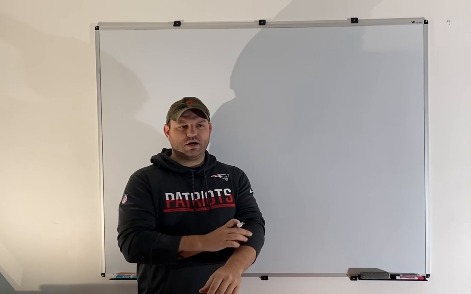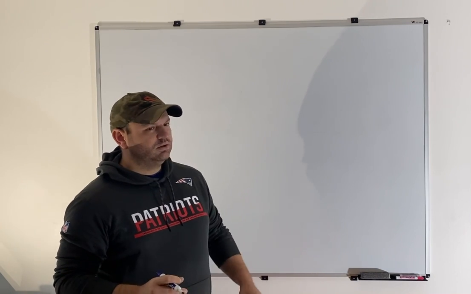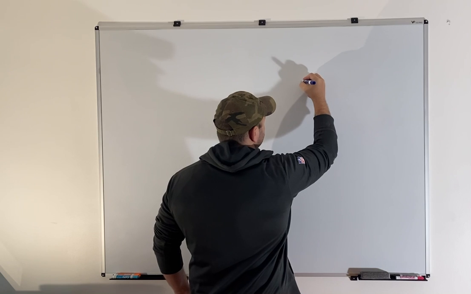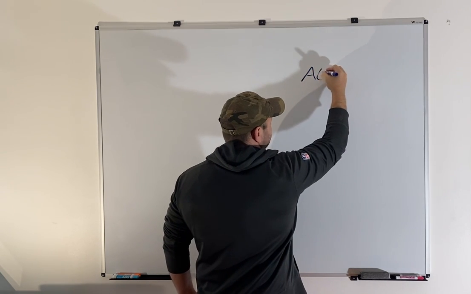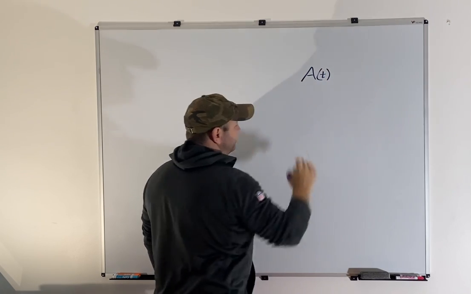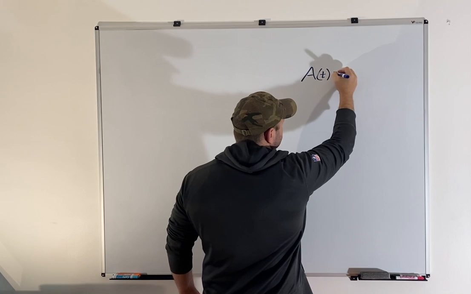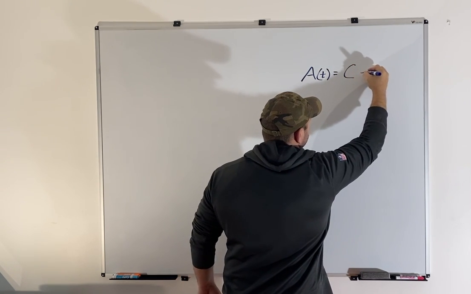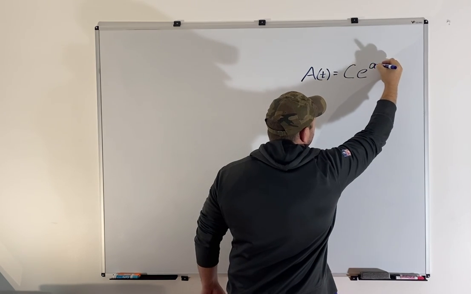All right, let's talk about how to construct an exponential growth model. We're going to start with a skeleton here, and I'm going to call it capital A, as in the amount of something that I have at a given time t. So the amount of something at a given time t is going to be equal to C e lowercase a